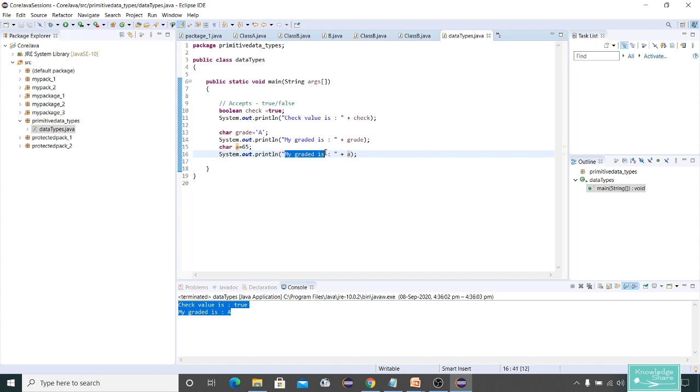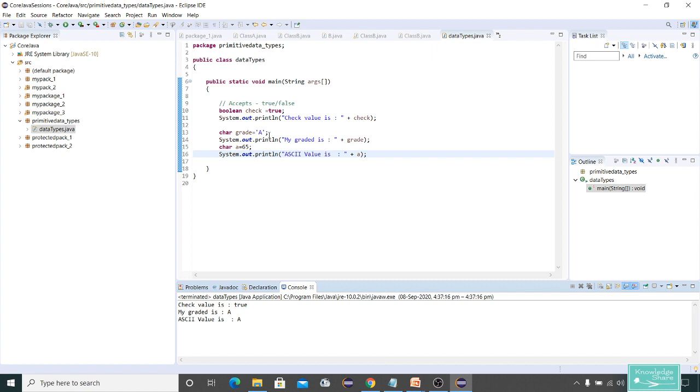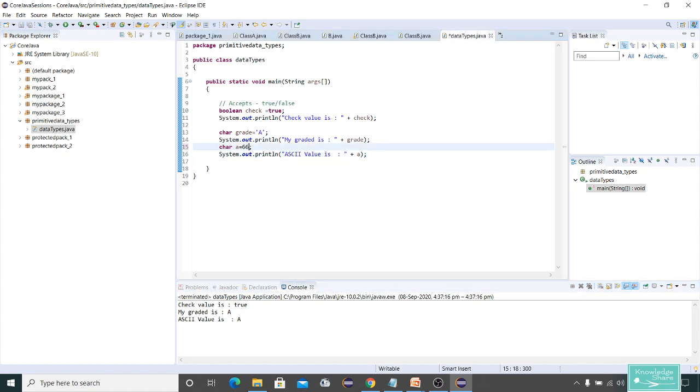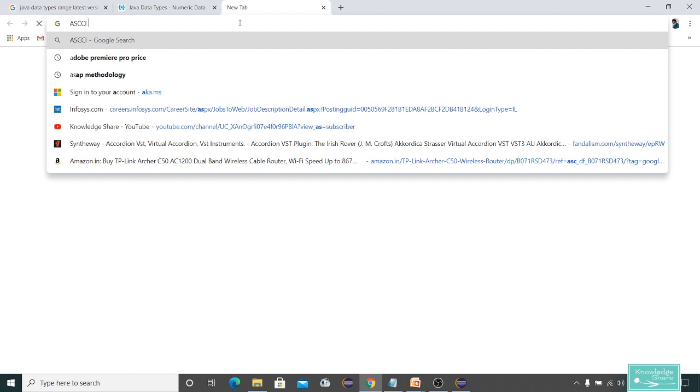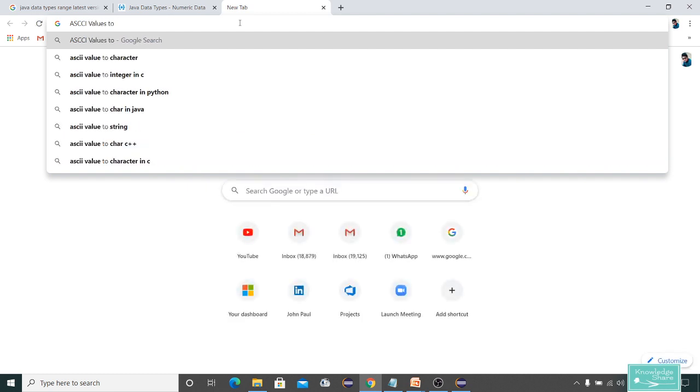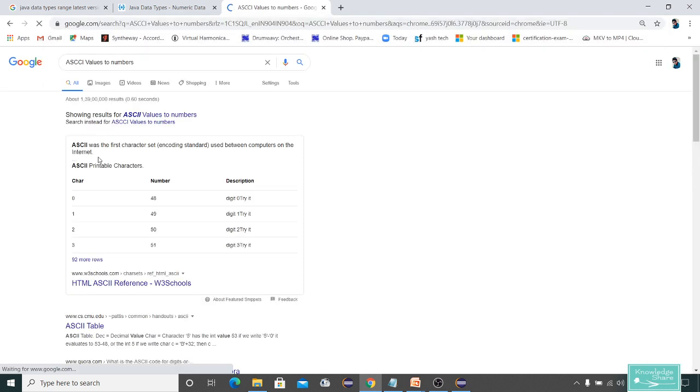Now let me print this and see what I get. I'll say this ASCII value is. We will see what this ASCII value is. You can see A. I'll change it to 66 and run it again. You can see B. If you want to know the ASCII values, just search for ASCII values to numbers.